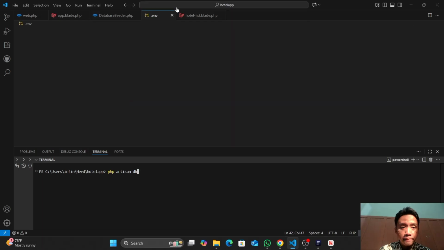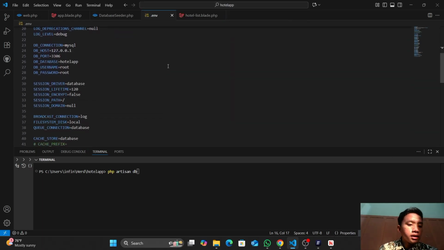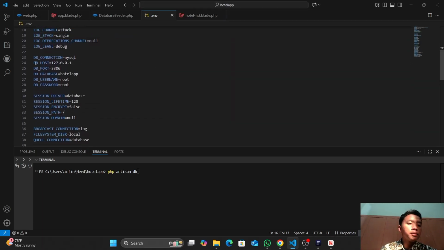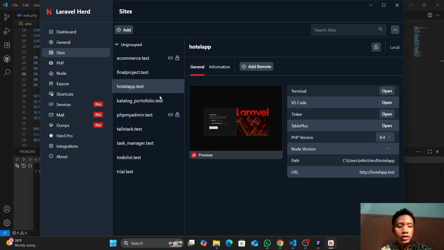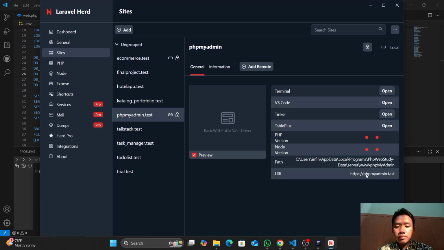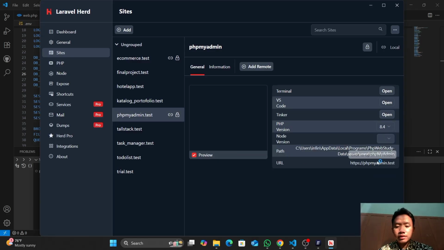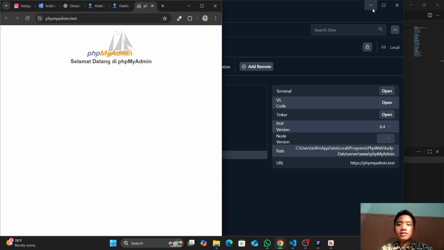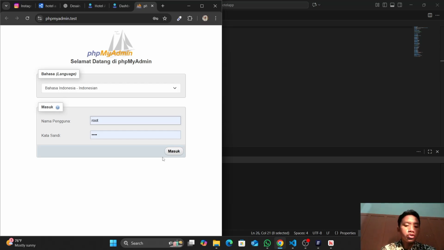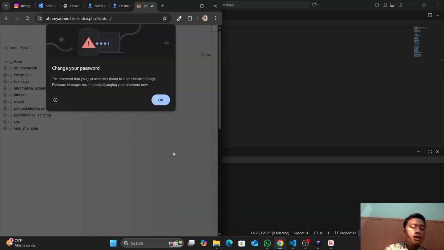But for efficiency, maybe factory is more efficient for testing and making dummy data. And look at the env, you have to set the DB connection to MySQL, not SQLite, which is the default. So just follow my env like that.